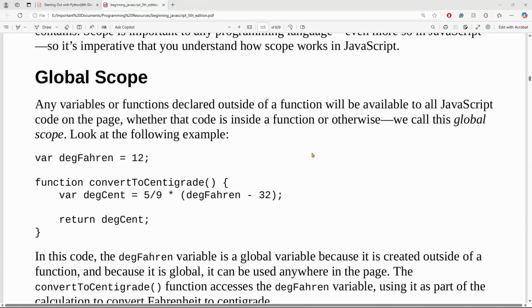Global scope. Any variables or functions declared outside of a function will be available to all JavaScript code on the page, whether that code is inside a function or otherwise. We call this global scope. Look at the following example. var decFahren = 12; function convertToCentigrade() { var decCent = 5; return decCent; }